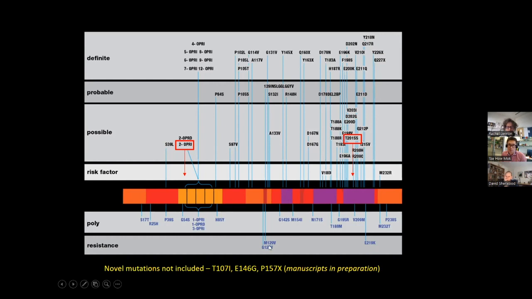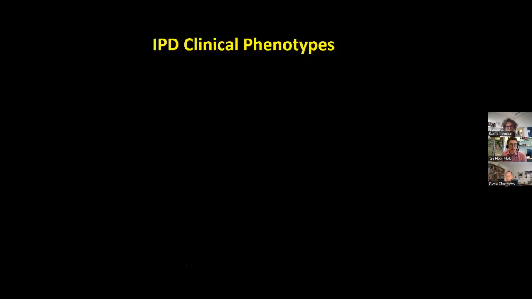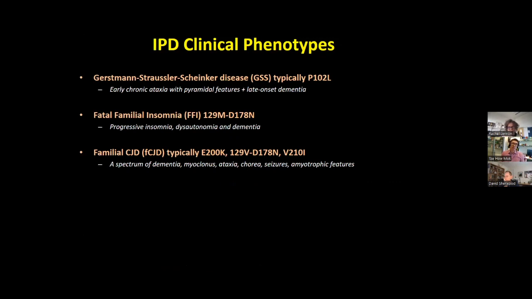to prion disease. For example, the G217V was discovered in the Kuru affected population, which gives you complete protection against that condition. And also heterozygosity at codon 129 confers a bit of resistance to various forms of prion disease as well. So the canonical clinical phenotypes of inherited prion disease, the well-known ones, are GSS, which is usually associated with the